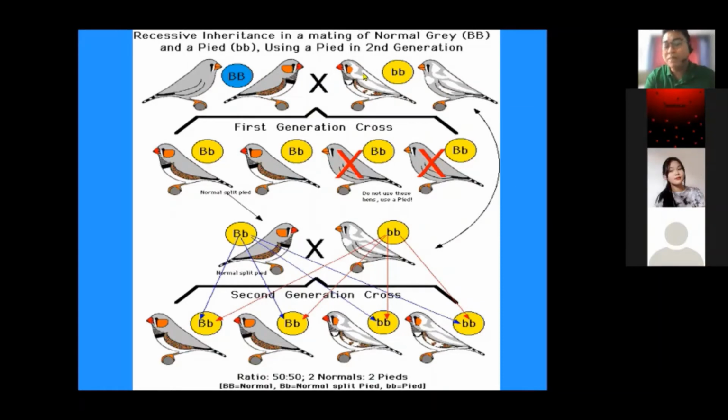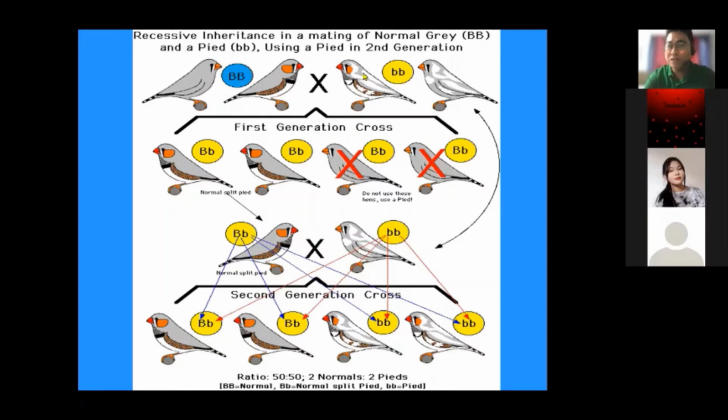So yung small letter B ng nanay, may papasa pa rin sa'yo. So this genes pair is called alleles. So one gene comes from the sperm cell from the father, and one gene comes from the egg cell from the mother. So those are alleles.